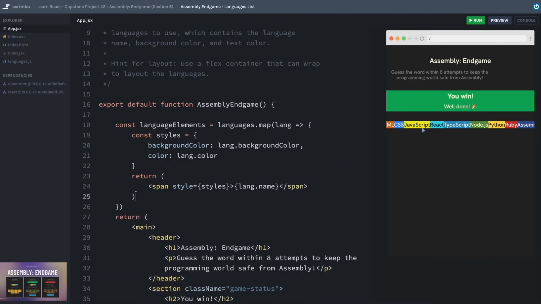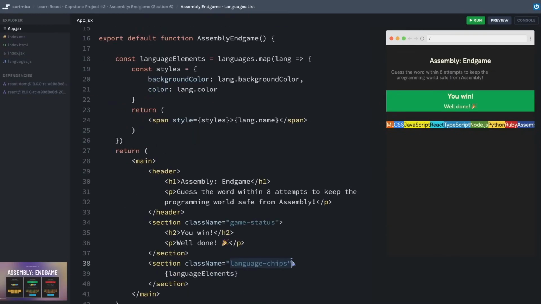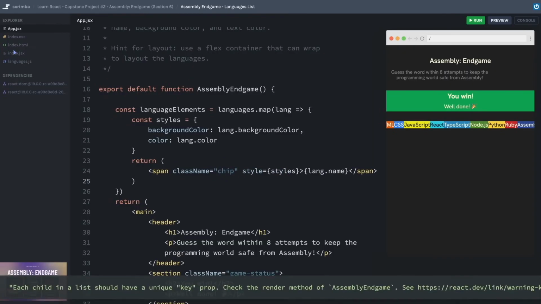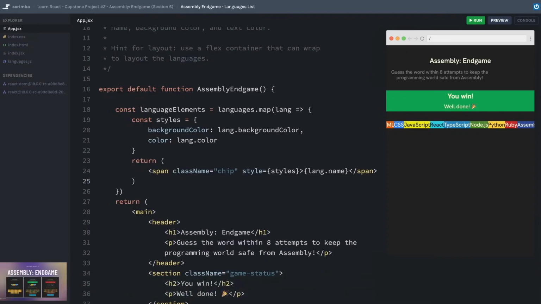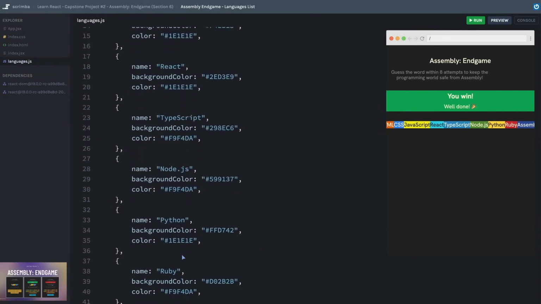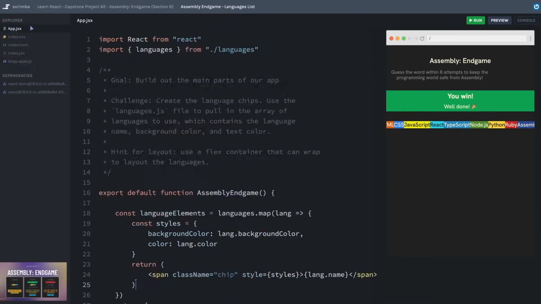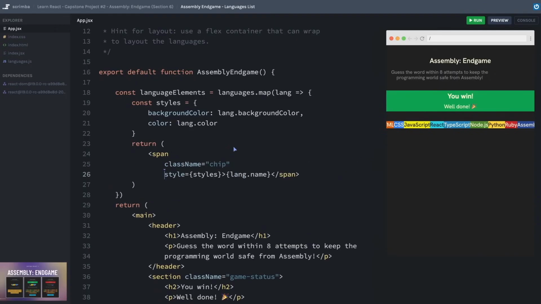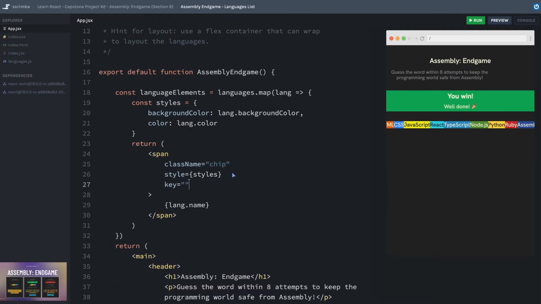I think in our CSS, we can style both the language chips as well as the individual language chip. So let me give each one of these a class name. And I'm just going to call it chip for now. We'll hit save and then go over to our CSS. Oh, actually, let's fix this warning first, where we need to add a unique key prop. Our list of languages doesn't have an ID for each object, but the name is guaranteed to be unique because, well, we're not going to be adding to this list. So I'll just use the lang.name as the key, and I'm going to start putting these on their own lines. So let me add a key, which is equal to lang.name. Okay, good. Our warning is gone.